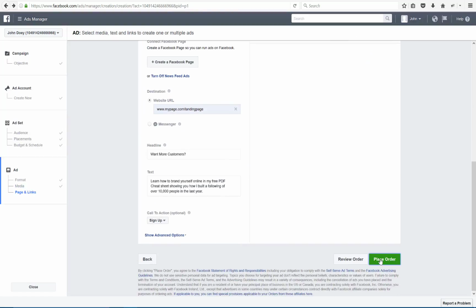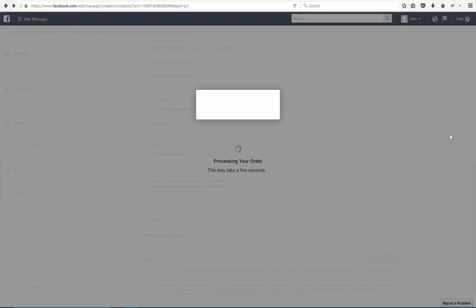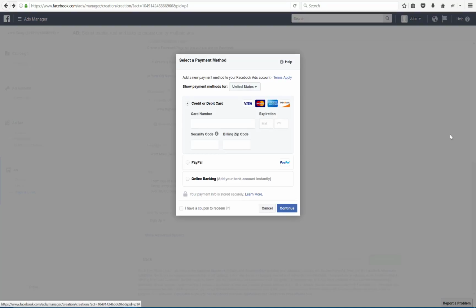Click place order. And now it will have you choose a specific payment method. Now, when you choose your payment method, make sure it's not a payment method you've used on other ad accounts. This is very important in case your ad account gets banned or flagged for whatever reason, because they will also flag any other ad accounts that your payment source is tied to. So make sure that for each ad account that you do have, you have a separate payment source, just in case Facebook decides to